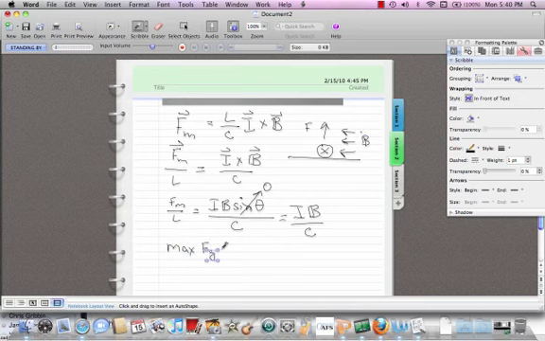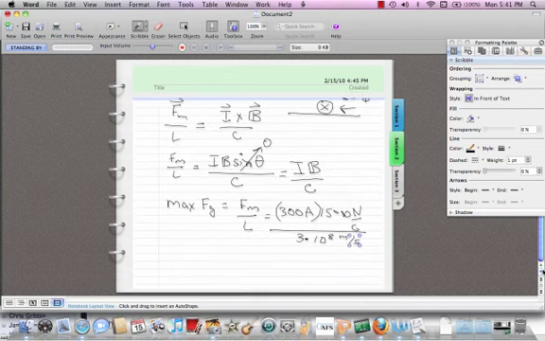Okay, so I know that the maximum force due to gravity is going to equal the magnetic force over L. So that's going to equal I, which is 300 amps, times B bar, which is 15,000 newtons per coulomb, divided by 3 times 10 to the 8th meters per second. Okay, and so when we calculate that, the magnetic force per unit length is equal to